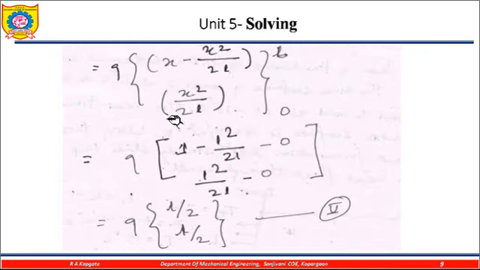In a similar way, the second term is the integration from 0 to L of w into q dx. So the integration from 0 to L of q into w. Now w is equal to 1 minus x upon L. So this is 1 minus x upon L into dx. Hence from 0 to L, 1 minus x upon L dx, and finally q times the integration of that.